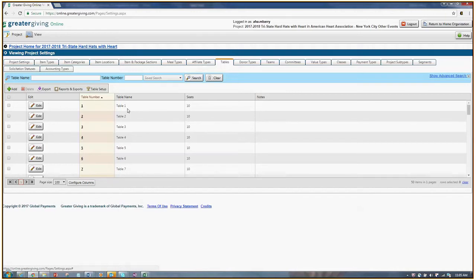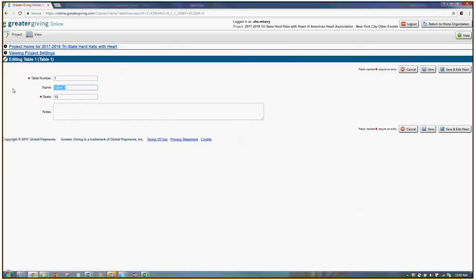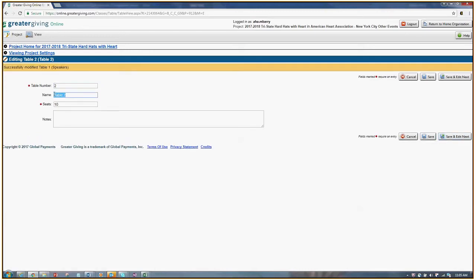So if you know that table 1 is going to be your speaker's table, you can hit edit and change the name to speakers. And then do save and edit next and go on to your next one. So maybe table 2 is media, and table 3 is your top sponsor. So